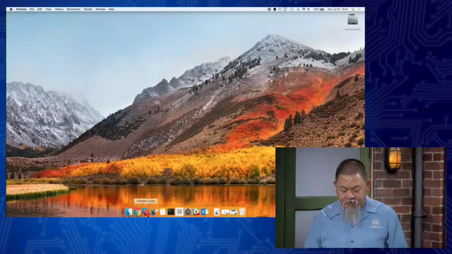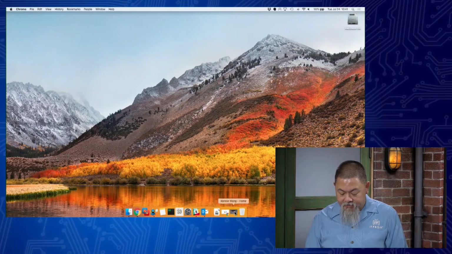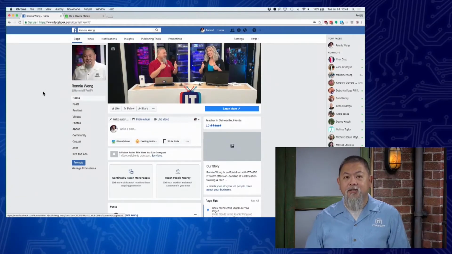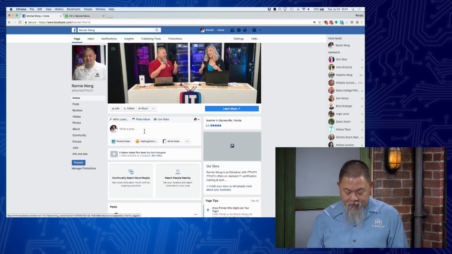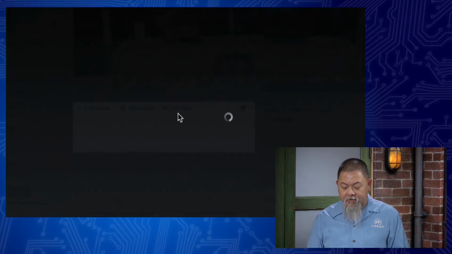So in this instance, in the previous episode, I went ahead and plugged in a webcam, and it's actually this webcam right here that I plugged in, and I didn't add anything else to it. But it is working. So let me show you what I'm talking about. Let's see if I bring this up here. So here it is. Here's my public Facebook page that I have available. So Don, let's say that I plug in my webcam and now we're ready to stream live. I can simply go to the live video,